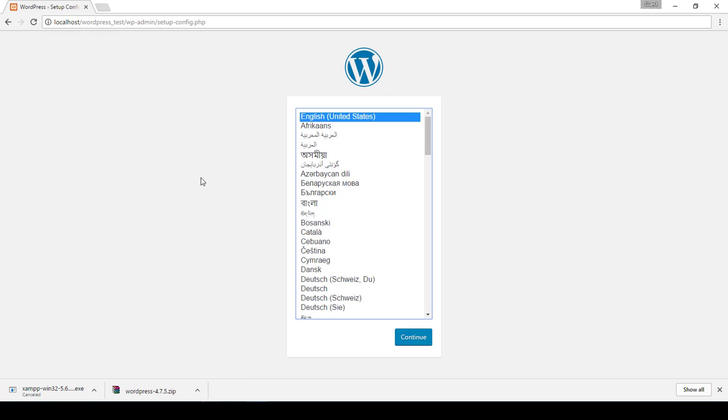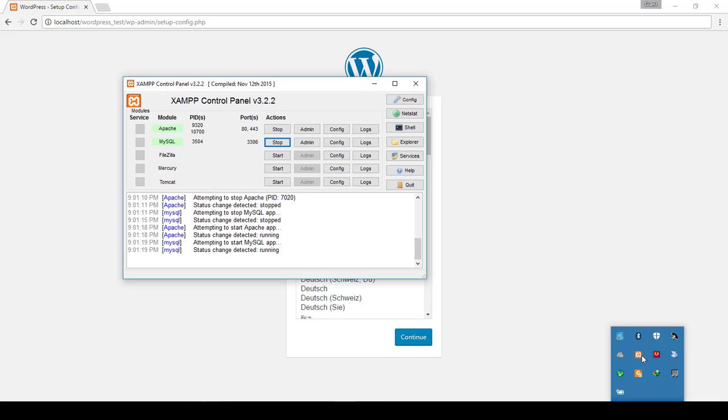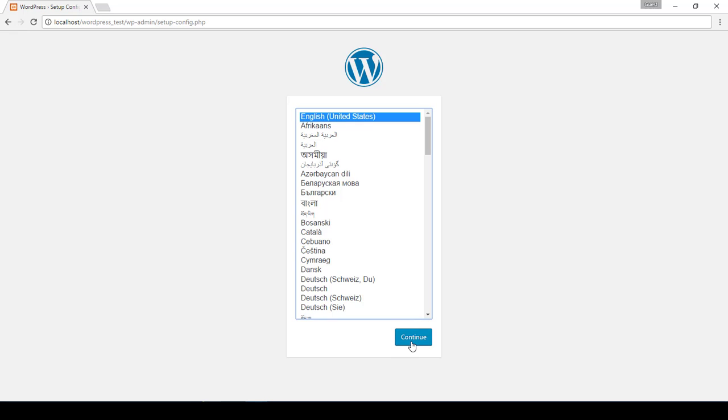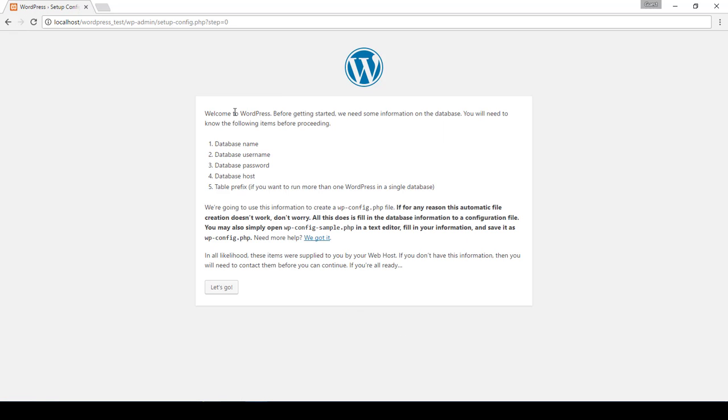Okay, so here is the WordPress setup. Before opening this file, you need to start your XAMPP that we have already done. So this step is important. You need to start both of these services first. Okay, so now select the language of your website, click on the continue button, and then it is giving you some